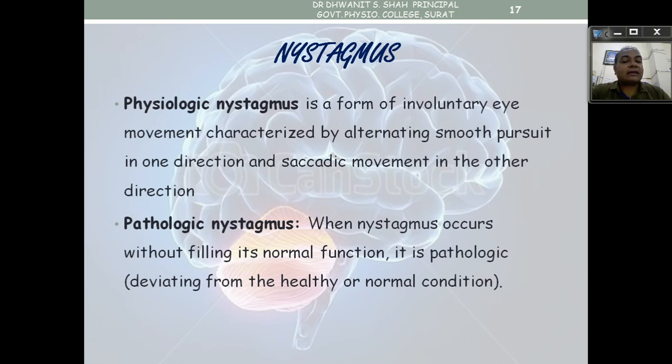Involuntary eye movements characterized by smooth pursuit in one direction and in the other direction. The eye looks to one side and immediately looks to the opposite side. When you look to that side, there is a slight eyeball movement; that is called physiological nystagmus. But when pathological nystagmus occurs, the eye does not show its normal function. When deviating to one target and coming back, it is not able to come to the neutral position; the eyes keep moving or shaking. That is called pathological nystagmus.